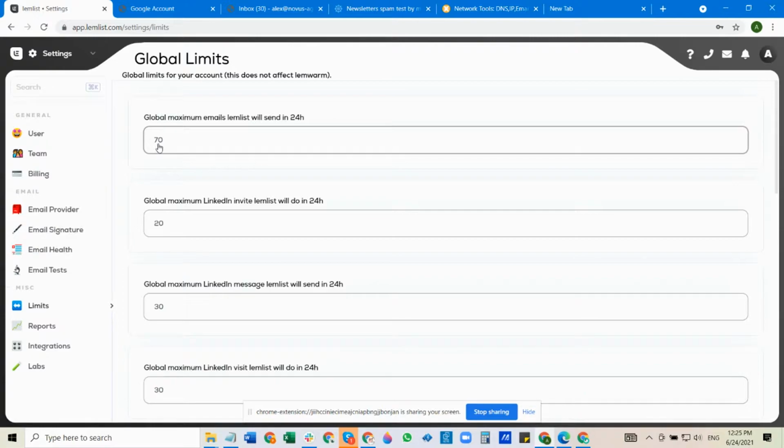What it does is, by setting 70, it is going to send out 70 emails no matter how many emails we have loaded or set to shoot out. It would stop at 70 emails, which is a way to protect the number of emails going out and minimize the spam landing. So another way to check if our email is actually landing on the spam folder,